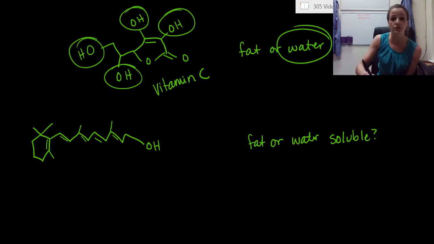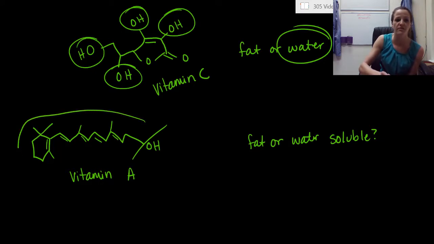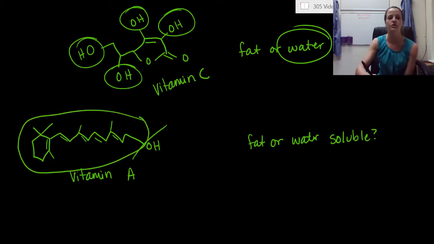What happens usually is when people look at vitamin A, this is the structure of vitamin A, they right away see this one alcohol group and they automatically go, oh, it has to be water soluble. But truth be told, that's just not the case. This one little alcohol group all the way here on the corner does not trump the fact that we have this huge hydrocarbon right there. So that aspect of all those carbons and all those hydrogens so nicely bound together definitely makes this a fat-soluble vitamin. So don't get tripped up by one little hydroxyl group, okay?